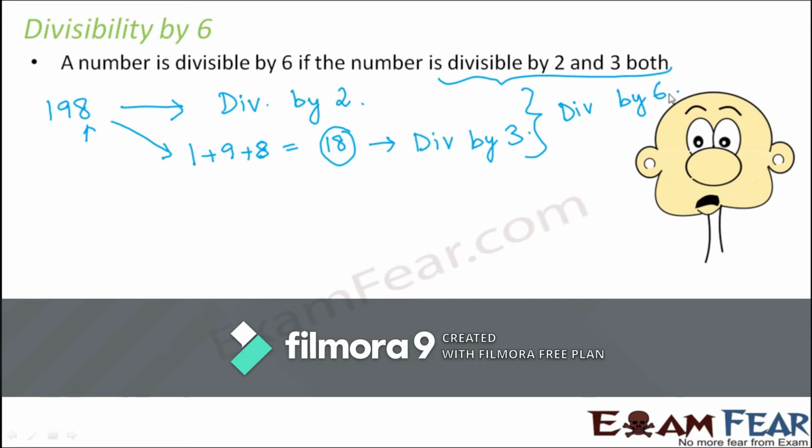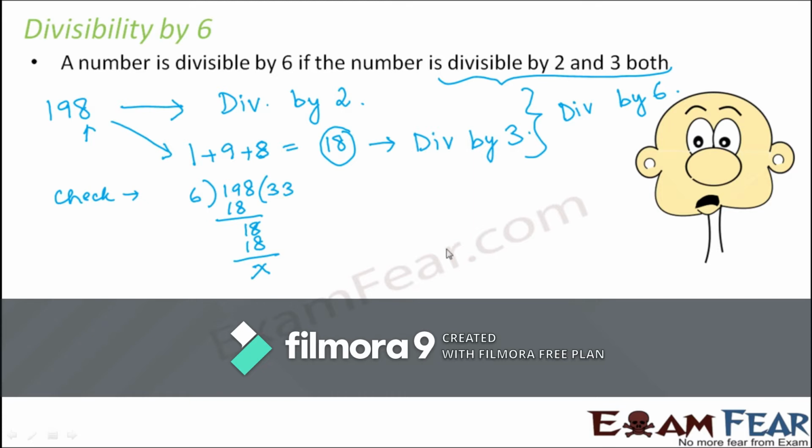Now, if we come across a number which is divisible by 2 but not divisible by 3, in that case, it will not be divisible by 6. Similarly, if you come across a number which is divisible by 3 but not divisible by 2, then also the number will not be divisible by 6. If you want, you can verify this divisibility with real actual division. So let us quickly check it. We will divide 198 by 6. So this is 6 3s are 18 and then 6 3s are 18 again. So you see it exactly divides. 198 is exactly divisible by 6.